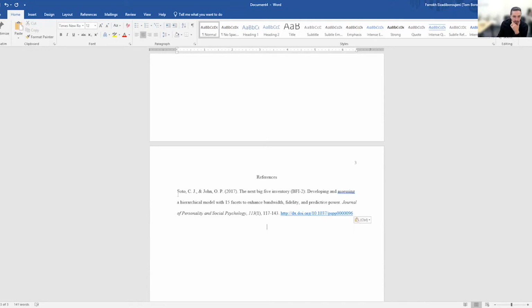Here we go. So when you put your references in the reference page, you use what we refer to as a hanging indent. So you put your cursor at the beginning of the paragraph, and then you grab the bottom triangle and put it at a 1/2 inch mark. And that gives it a hanging indent, which means the first line is not indented, but all the rest of them are indented. How do I know this? Because when you go to Purdue OWL, the website, it tells you